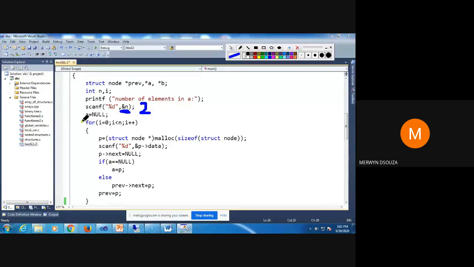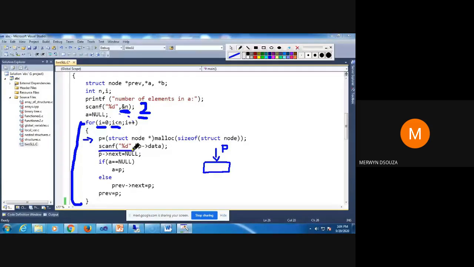Okay, then I make use of this for loop to create my linked list. So I start with this i equal to 0. 0 is less than 2. Okay, i is less than n. n is 2, 0 less than 2. I think you can understand this part, right? It is loops. So 0 is less than 2. The next line, I create my node pointed by P. So I create one node like this pointed by P.